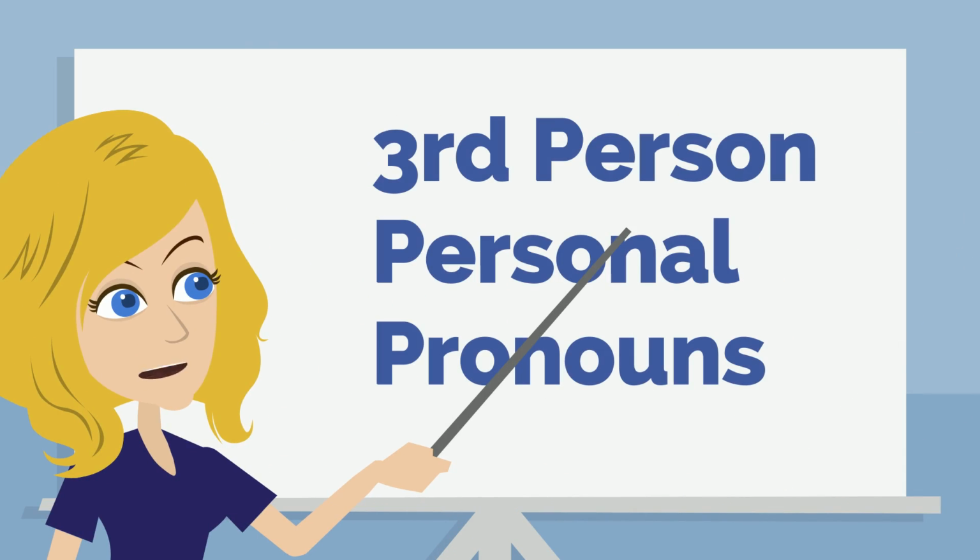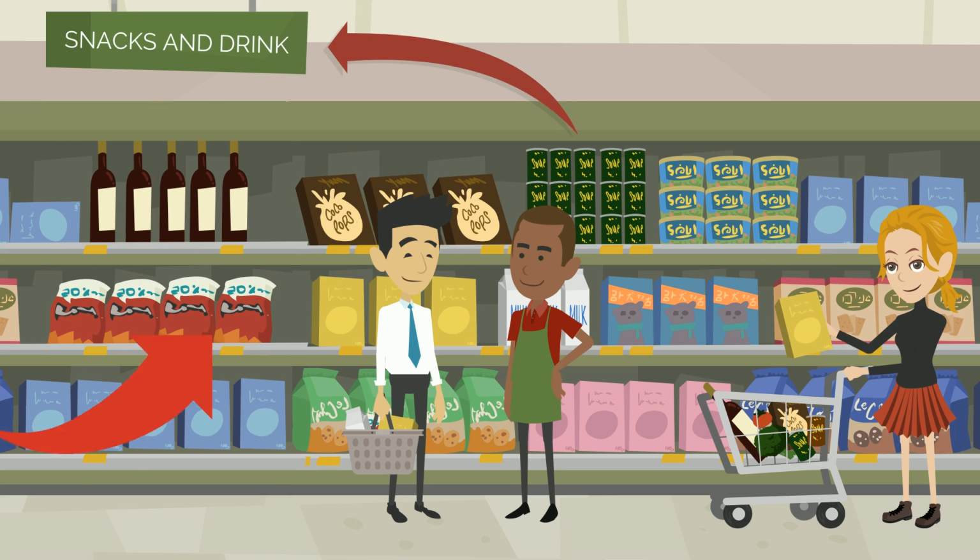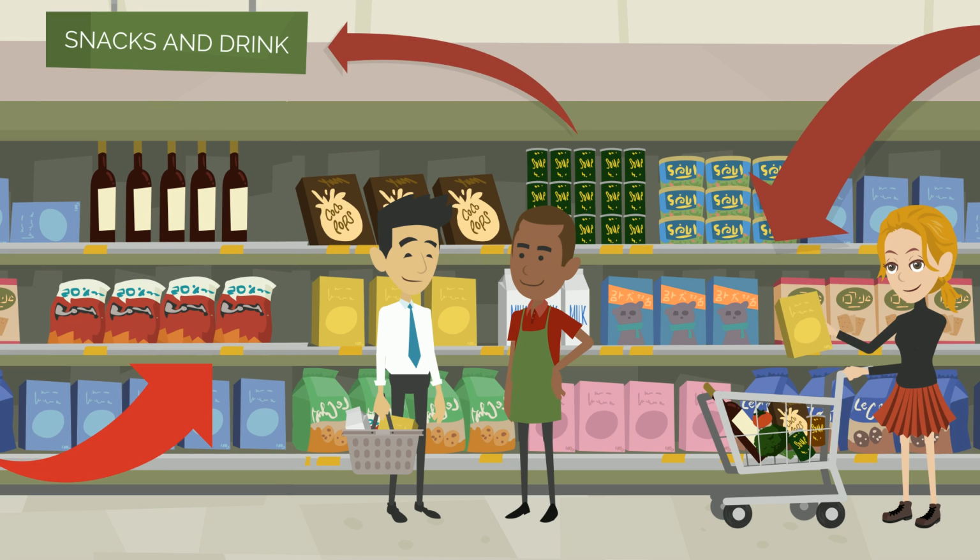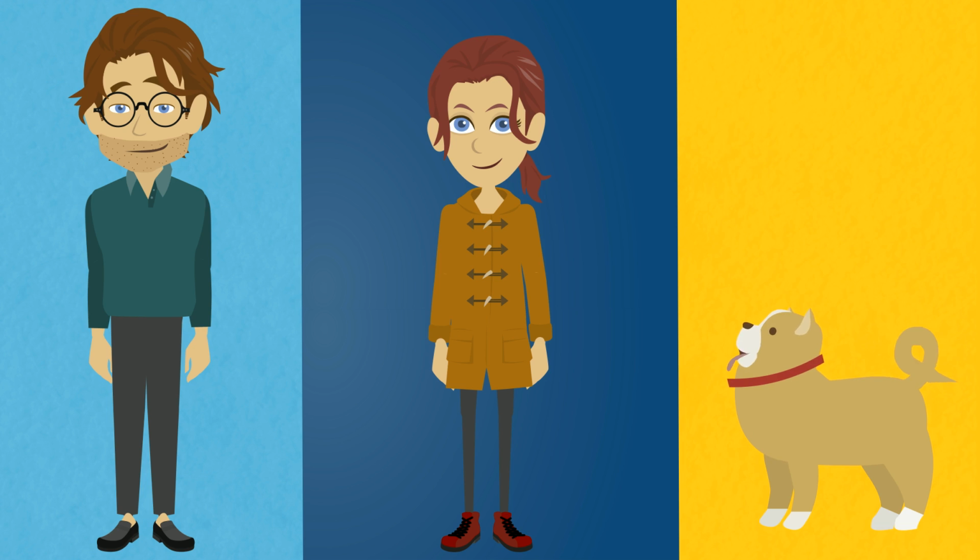Today, let's talk about third-person pronouns. Remember, third person refers to anyone or anything that isn't in the conversation. Since the third person can refer to anyone or anything that isn't in the conversation, third-person personal pronouns can be